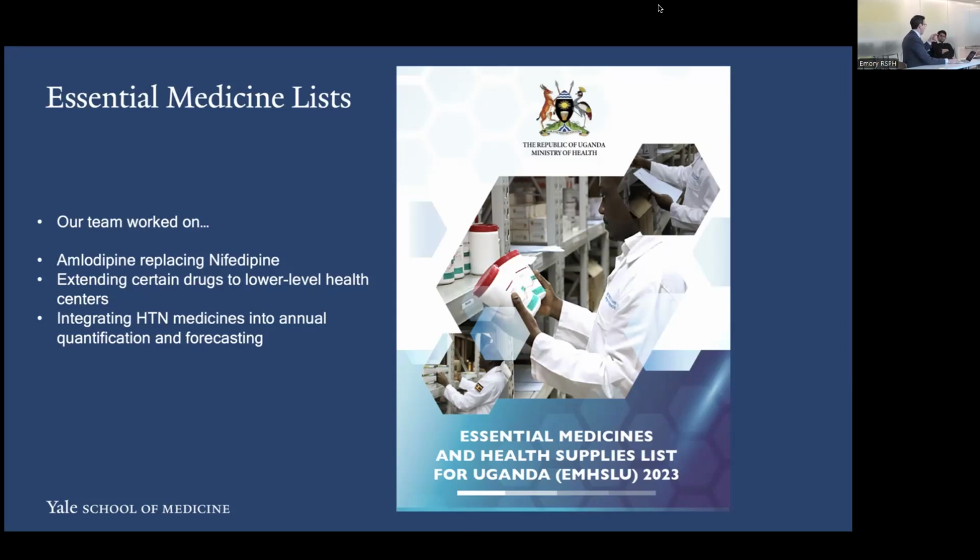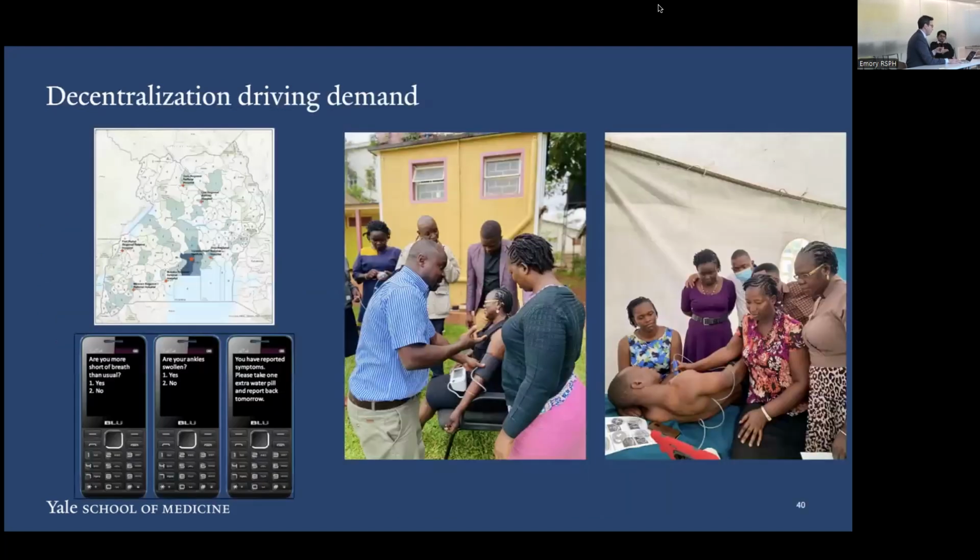If health facilities or district managers don't know how to forecast, don't have the tools and data to forecast and quantify, those medicines aren't accessible to patients. Some of the work that we're doing in heart failure, just to mention the mobile health work, I would love to talk more about this. Probably won't get into more detail here, but just to say that decentralization is a huge aspect, right?